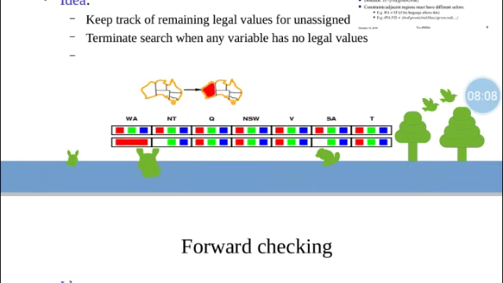Now for New South Wales you are again having 3 options, red, green, blue, because again Western Australia and New South Wales are not neighbors. And for Victoria again we are having 3 options because again they are not neighbors. But for South Australia we are having only 2 options, that is blue and green, because Western Australia and South Australia are neighbors and they can't have same color, right? So this is how it works.